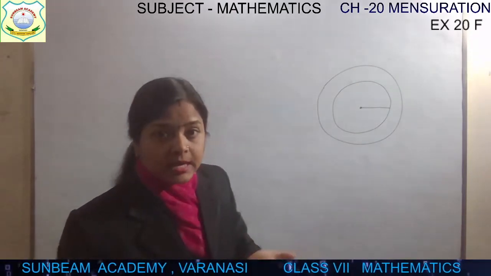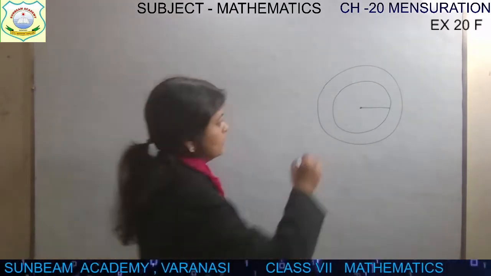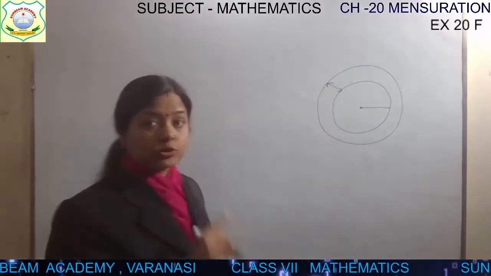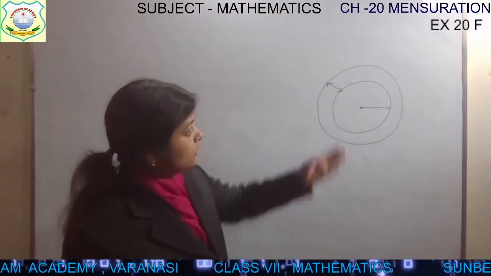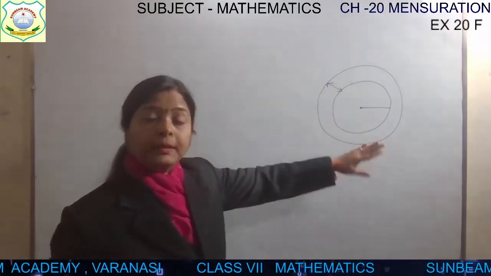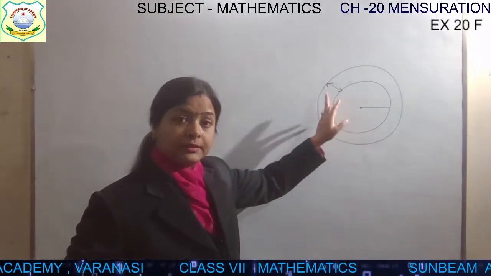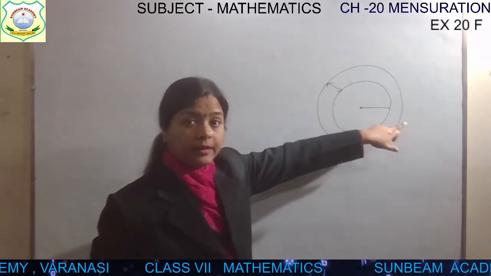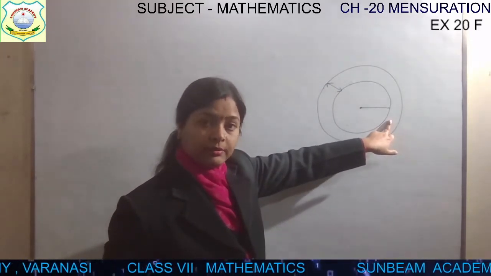The question is asking the width from us. This one, children. What is the width of this circular track? It is throughout equal. Although it is not designed in that way, but it is throughout. The width is equal throughout. Here from this side, whatever it will be, the same will be here. Everywhere the width will be the same.